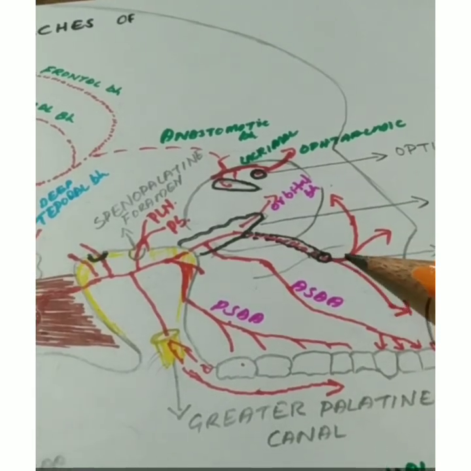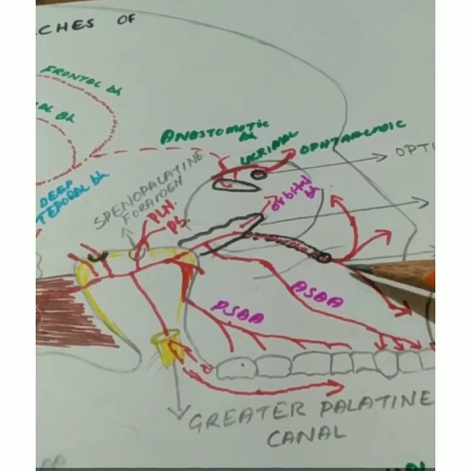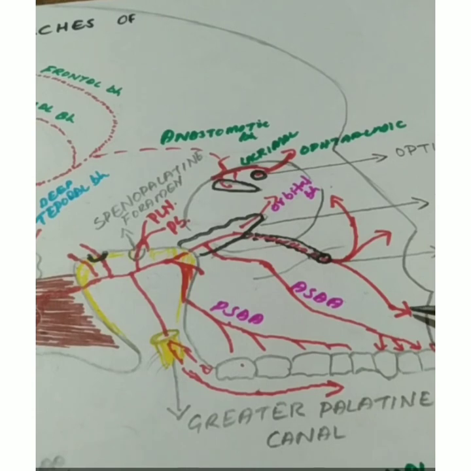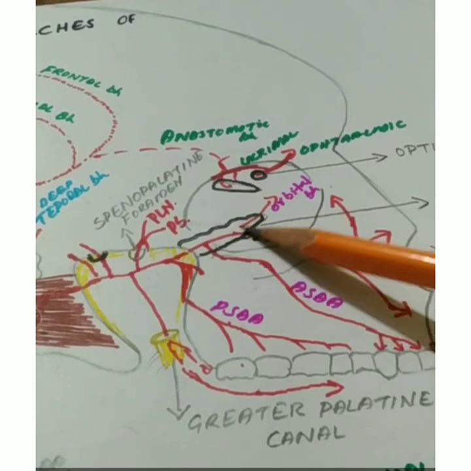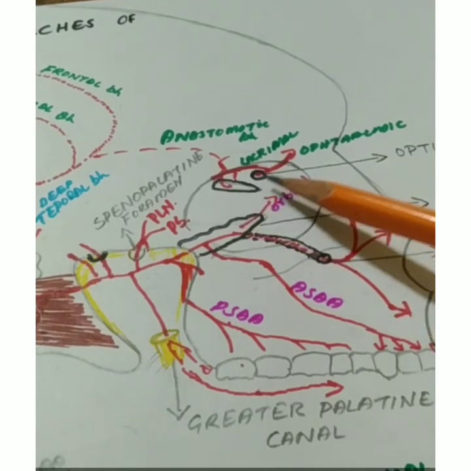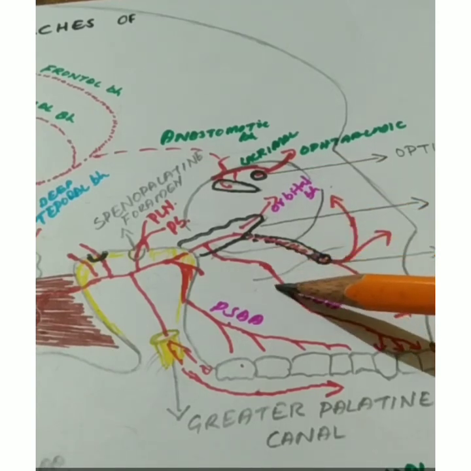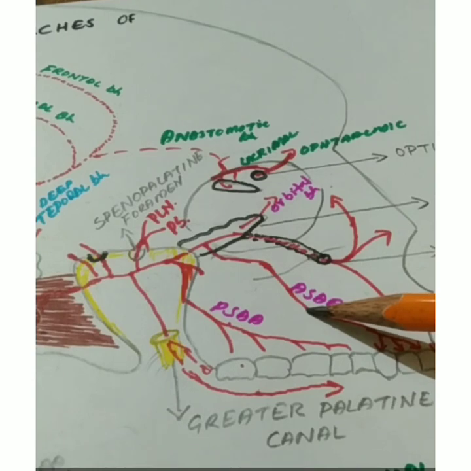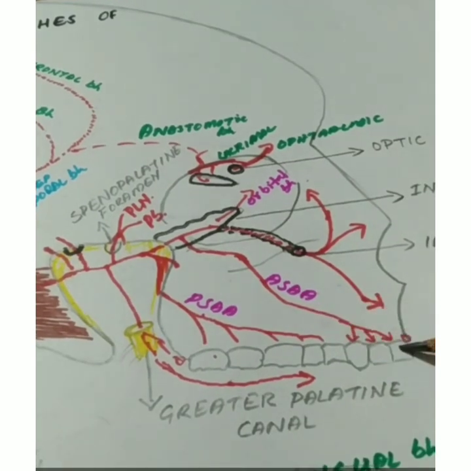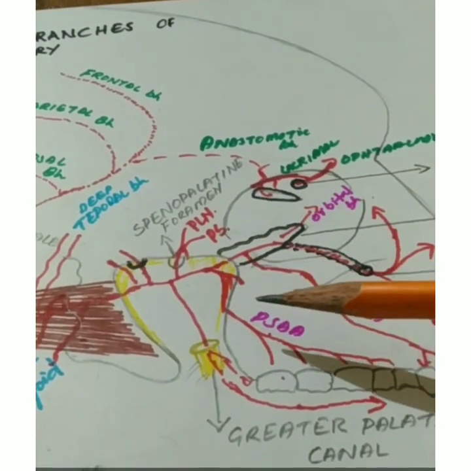It emerges on the face through a foramen which is called the infraorbital foramen, and it gives off a few terminal branches: one to the lacrimal sac, one to the nose, and the next one to the upper lip. And here it gives off some orbital branches to supply the structures of the orbit, and an anterior superior alveolar branch that enters the aperture of the maxilla to reach the incisor and canine teeth attached on the bone, and it supplies the incisor and canine teeth.